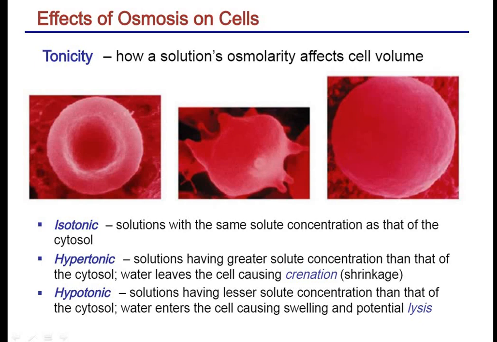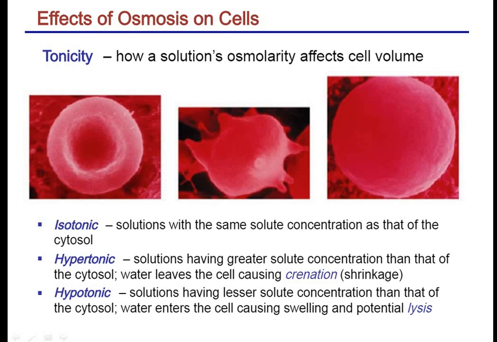When we talk of RBCs, there is the same concentration of solutes in the RBC and in the solution. So when this is the situation, the same volume of water will leave the cell and the same volume of water will enter the cell, so there is no net change